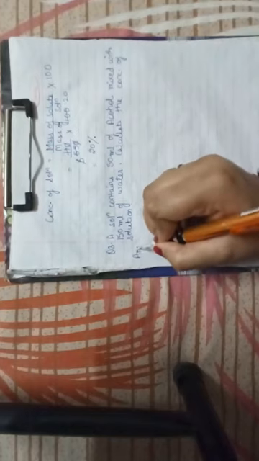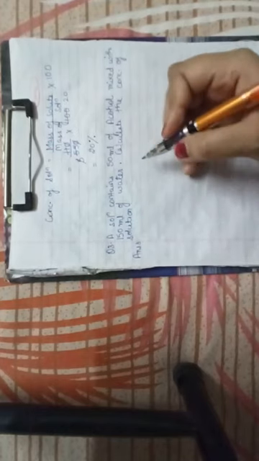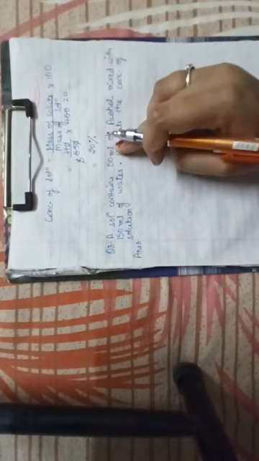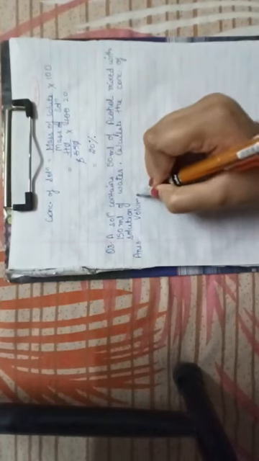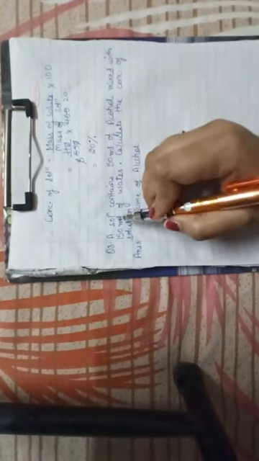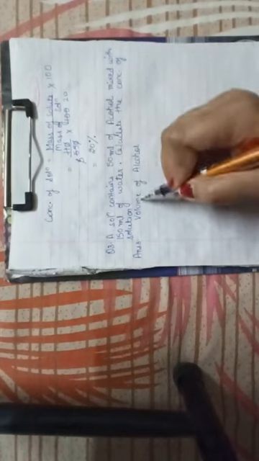Now we will solve this numerical too. First, write down the given. A solution contains 50 ml of alcohol. Now alcohol is present in the liquid state and the unit you can see it is in ml. That means now we are not provided with the mass, but we will write the volume of alcohol. I am repeating again, a solution contains 50 ml of alcohol mixed with 150 ml of water. So this 50 ml is volume of alcohol and alcohol will be considered as a solute which is equal to 50 ml.